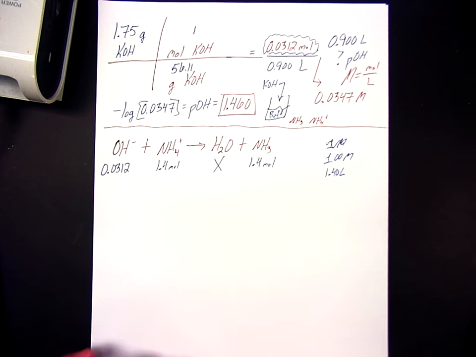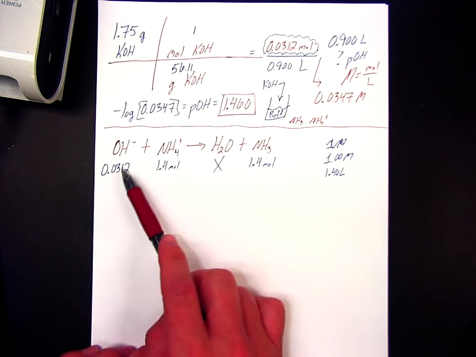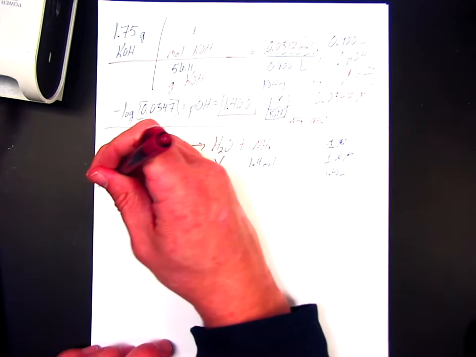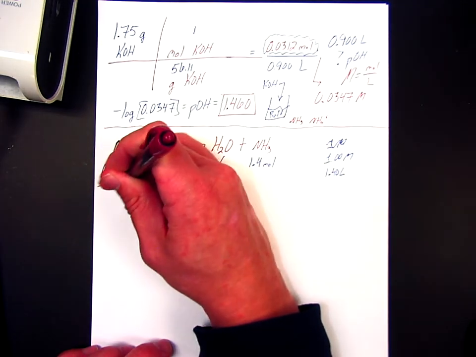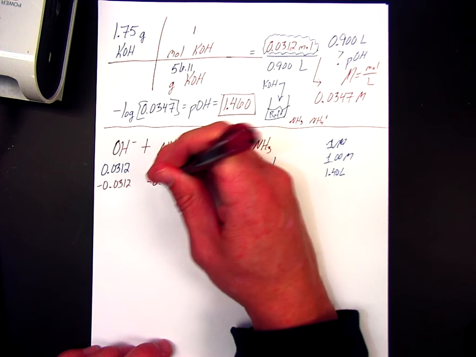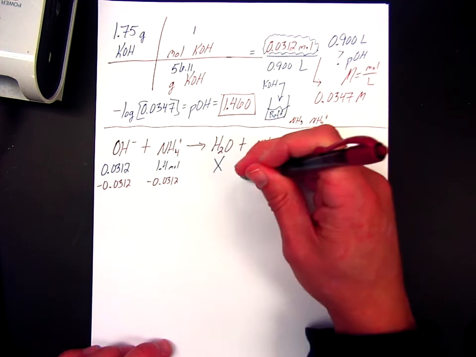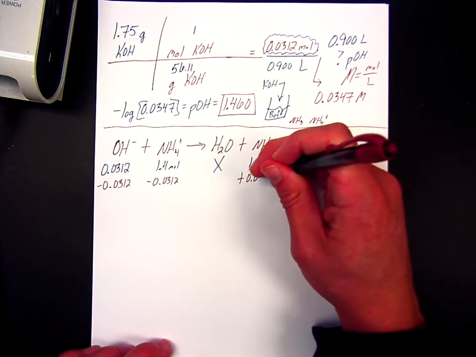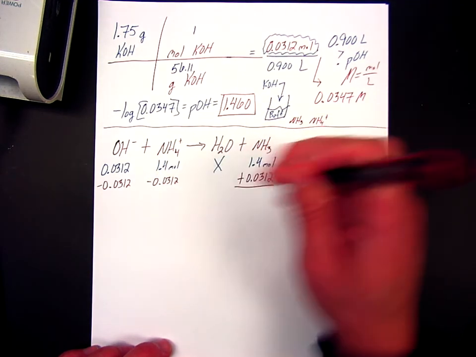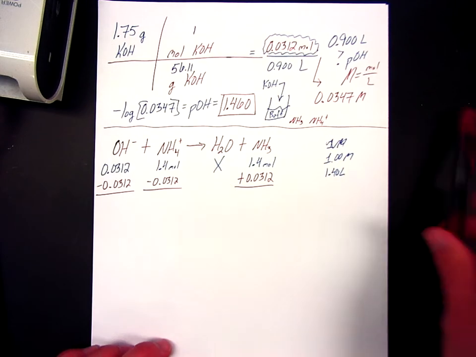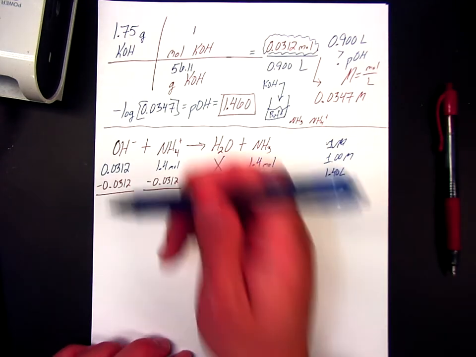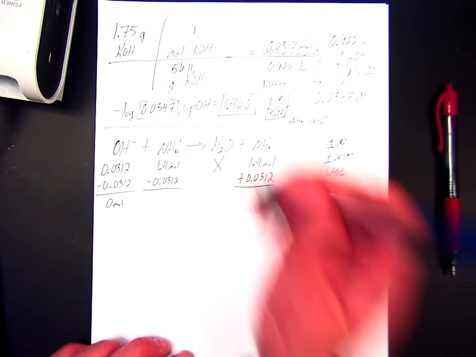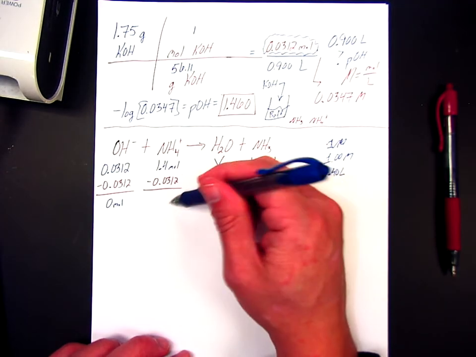All right, so let's take a look at who the big winner is. The smaller number. Uh-oh, the strong dude lost. That sucks. We're going to shift up over here. Don't forget. All right, so we have no moles of the strong left. If I do this subtraction, I have